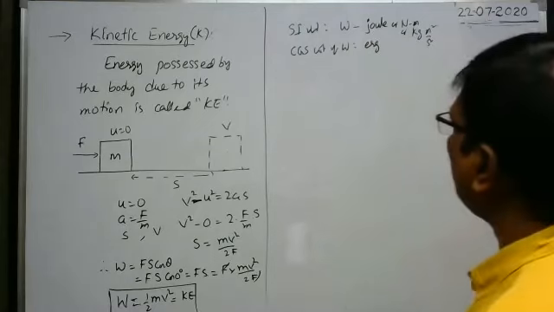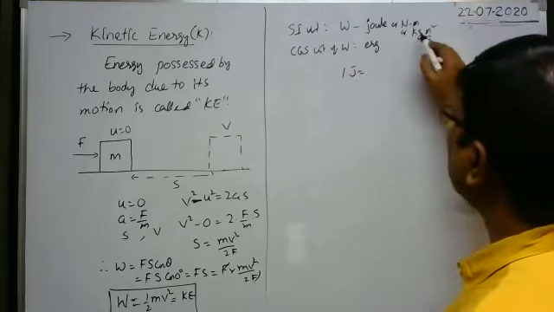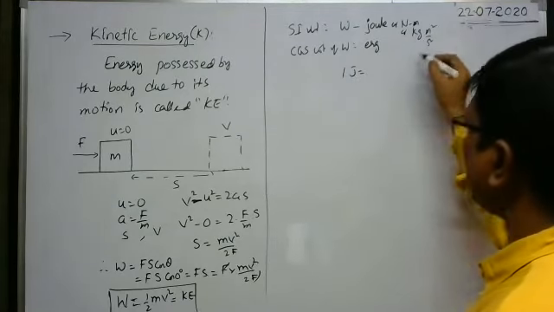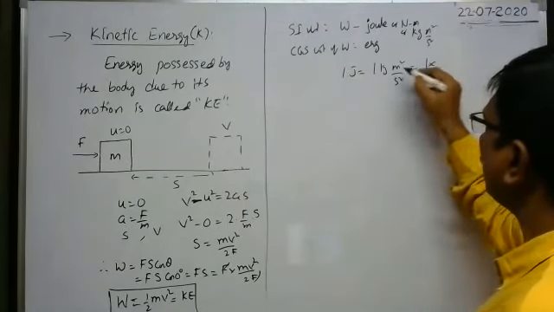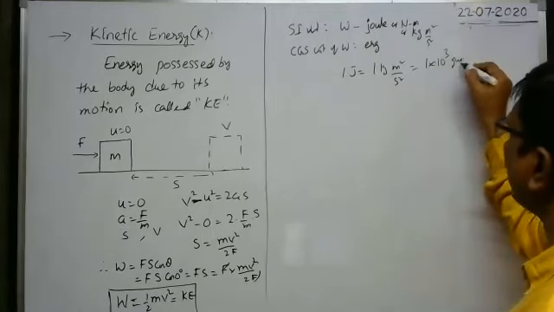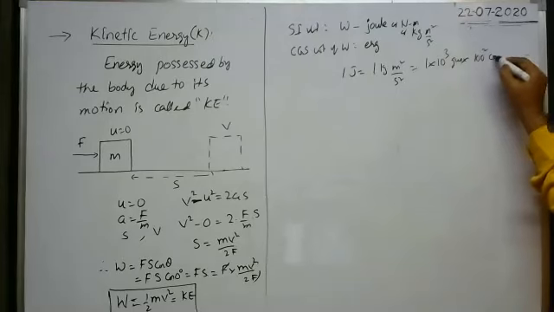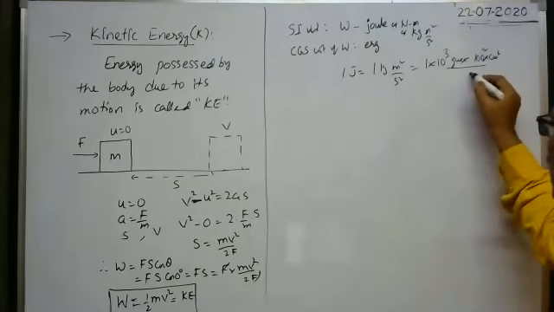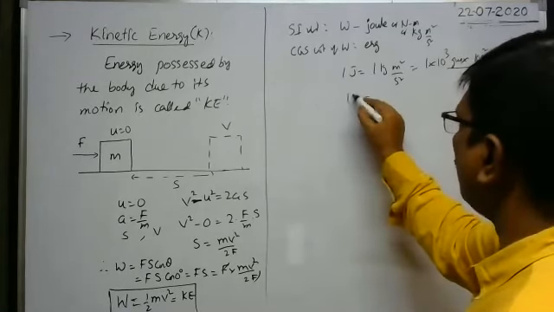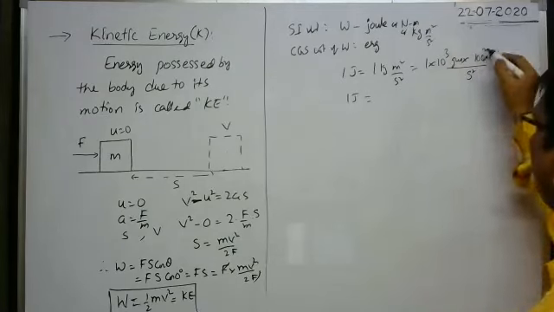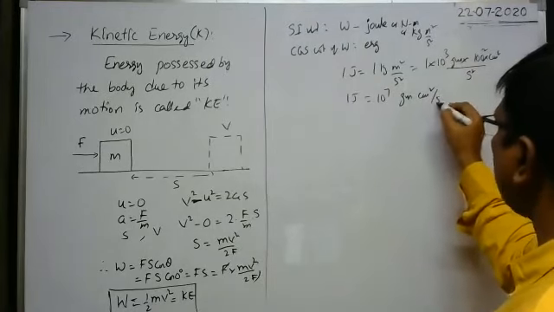Okay, what is the relation between erg and joule? 1 joule is equal to 1 kilogram meter square per second square. That is equal to 1 into kilogram, which means 10 to the power of 3 gram, into meter, which means 100 centimeter, squared, so 100 square centimeter square, by second square. In both the units, time is seconds only. So 1 joule is equal to 10 to the power of 3 into 10 to the power of 4, that means 10 to the power of 7 gram centimeter square per second square.